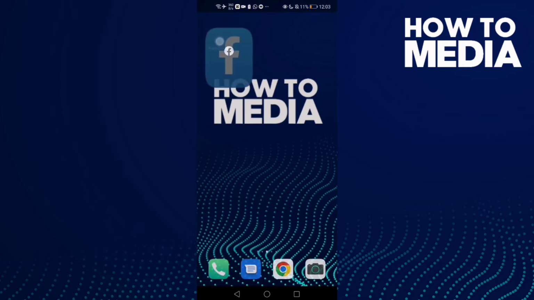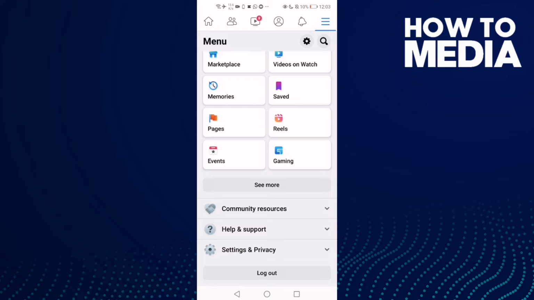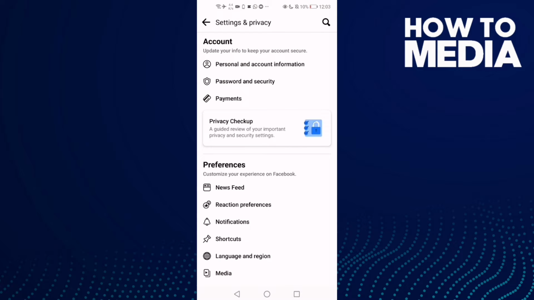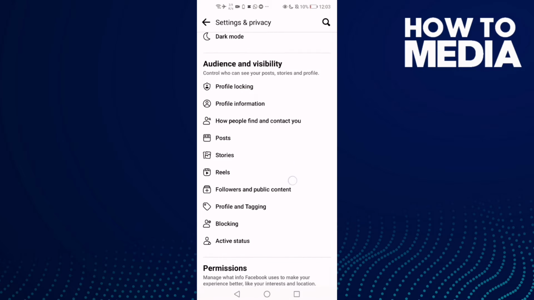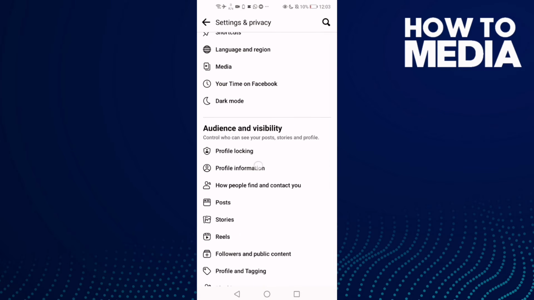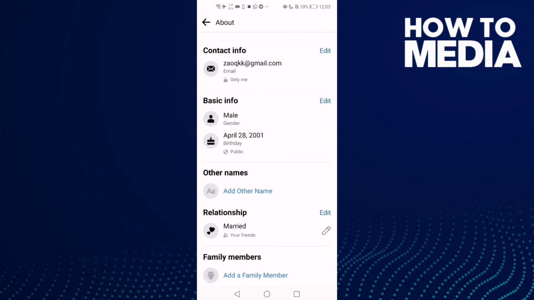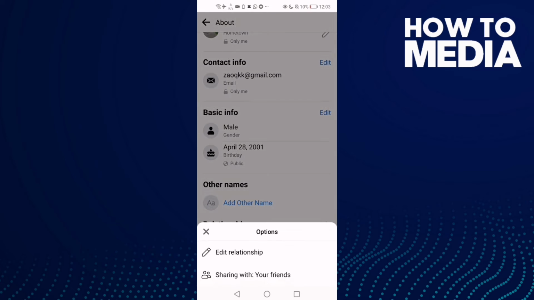First thing, go to Facebook and then click these three lines and go down until you find settings and privacy, and then click settings and go down and click this one, profile information, and then click on this pen here and click sharing with,